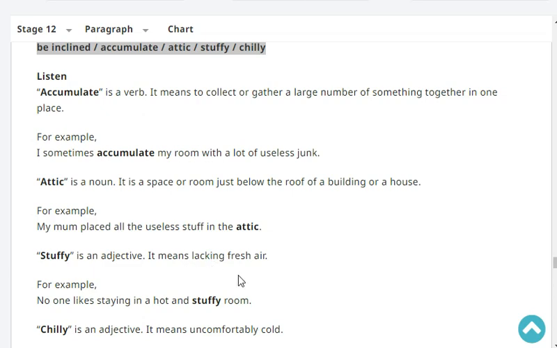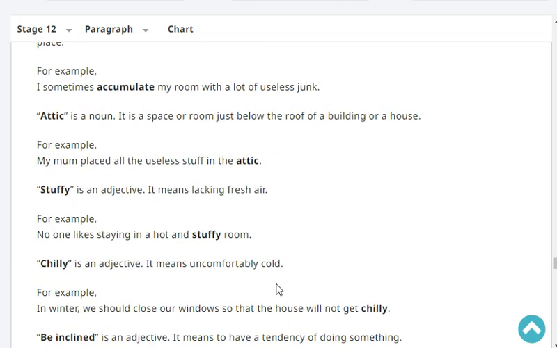Stuffy is an adjective. It means lacking fresh air. For example, no one likes staying in a hot and stuffy room. Chilly is an adjective. It means